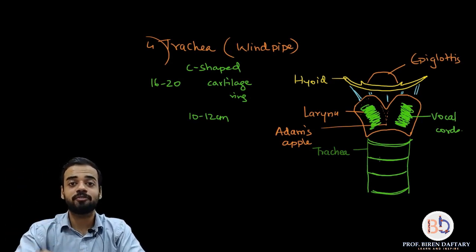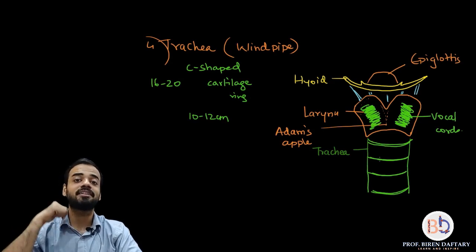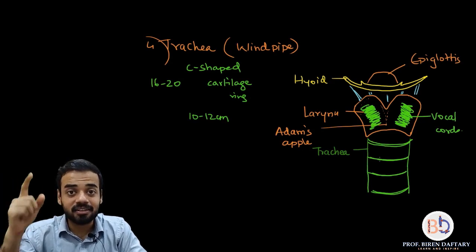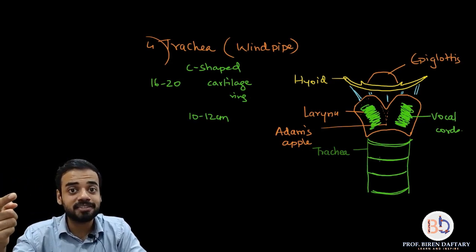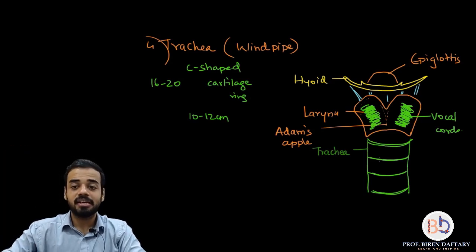So right now I am facing you. First thing over here will be the trachea, and behind the trachea will be the esophagus. Okay, is this clear? The trachea is present after the larynx. Esophagus is present after the laryngopharynx. Is this clear? Okay, now